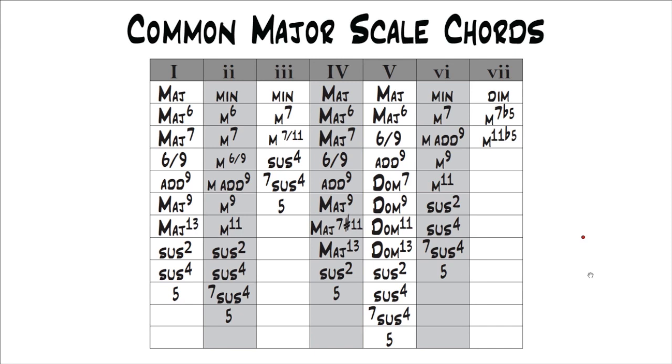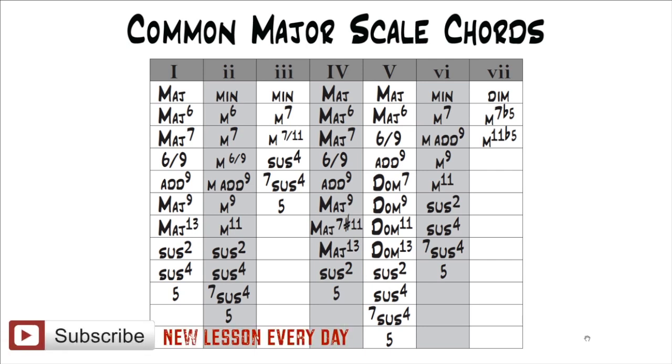So we've gone over a lot so far in this series, and we've covered different chord types for each chord of the major scale. So for the 1 chord, the 2 chord, 3 chord, 4 chord, and so on. We covered how to build those chords, why they fit in each of those locations or why they don't fit in other locations. And in this lesson, I want to review it a little bit, but I mainly want to give you some new charts and explain how to read them, because these will be an excellent reference for you to use for years to come. You'll be able to quickly look up the information we've gone over so far anytime you want to once you